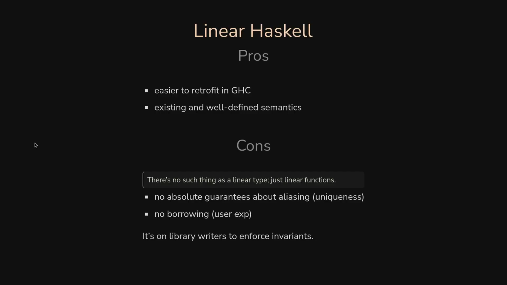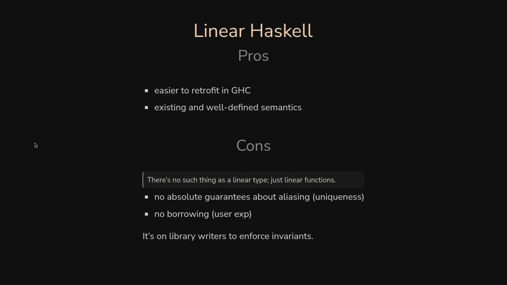And also linear logic has been studied for the last 30 years. There's a lot of literature. We know it well. We are able to reason about it. So it's good. However, somehow you just get half of the type system of Rust. In particular, as I said, with non-linear types, you have basically no absolute guarantees about aliasing. With a linear function, you are sure that it won't duplicate something in the future, but the compiler cannot look at the type and say, oh, this value, I know it's not aliased, so I can do smart stuff.